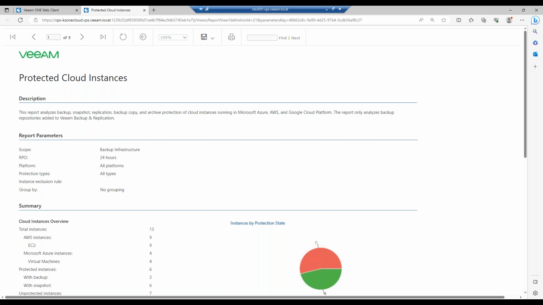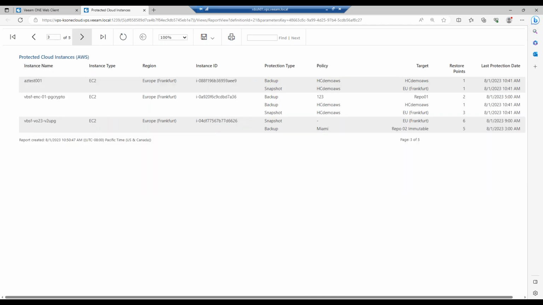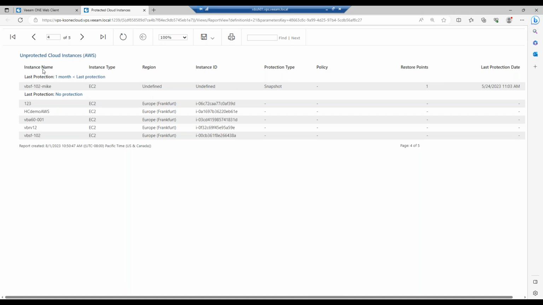If I go into the next page, you're going to be able to see which instance is protected, the protection type, the policy, and the last protection date. And this is really going to drill down per cloud. So this one was AWS, the one previously was Azure. And then you're going to be able to see your unprotected cloud instances. So really being able to identify, hey, these ones are not protected. Maybe I need to go into my backup solution and reconfigure my jobs